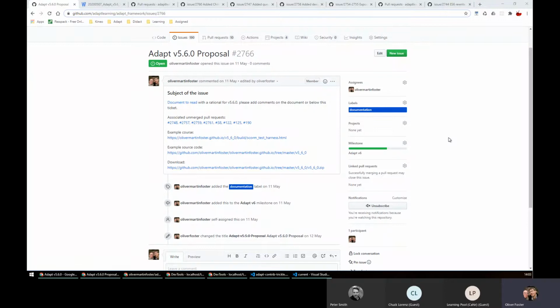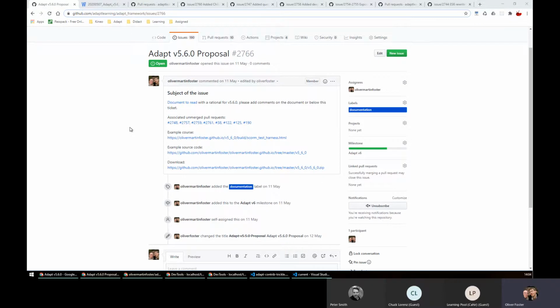Version 5.6 is the as yet unreleased version. Version 5.5 we talked about last time, and it has since been released. This is not really part of the formal plan that I'd put out for moving to Webpack and splitting up the core into lots of different plugins and flattening the structure. This is a set of features that have been missing from Adapt, and a rewrite of a few pieces,